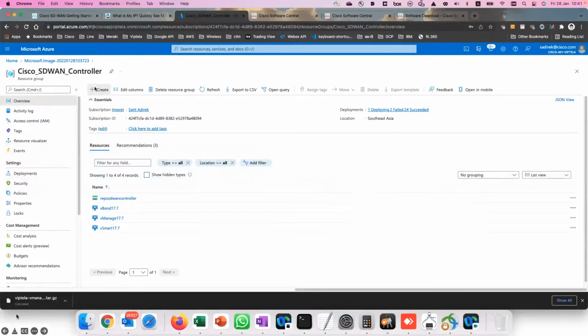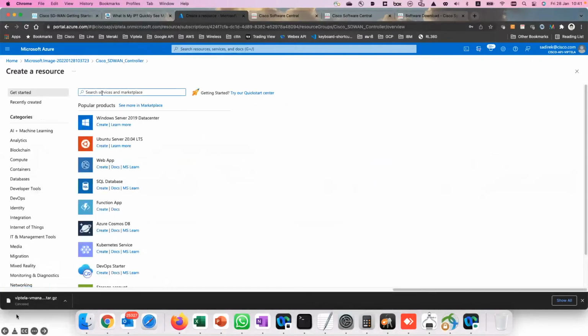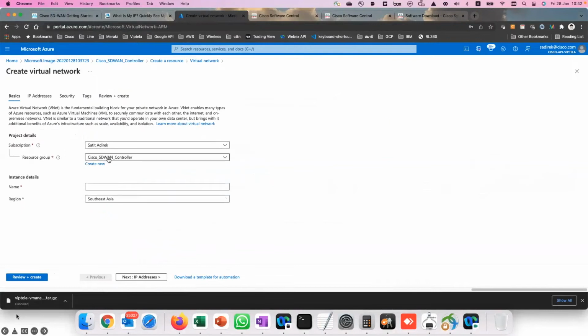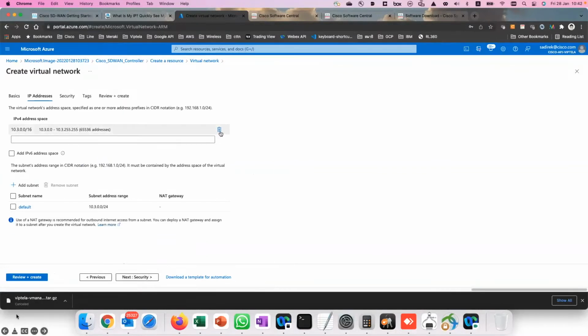From the resource group, we go create. We type in virtual network, create. So this is the virtual network under the resource group, right? So I'm gonna put virtual network for SD-WAN controller. IP address, you can put any other thing, but for me, I just want to put